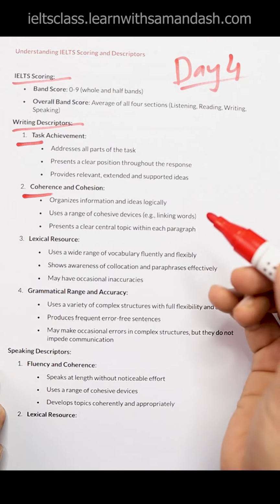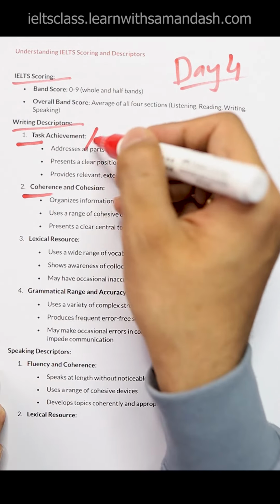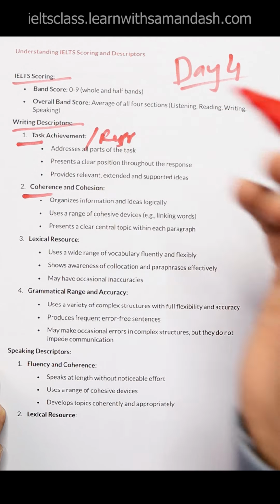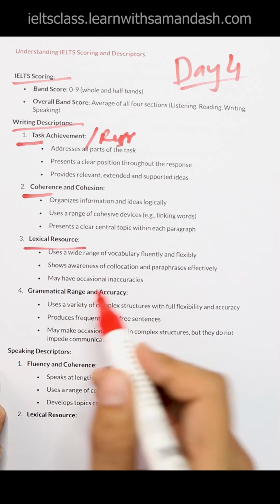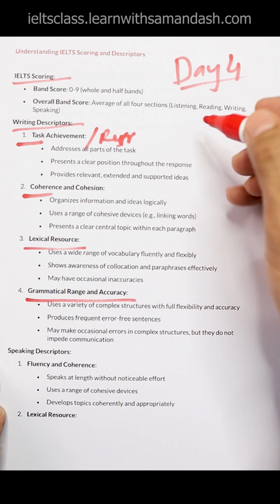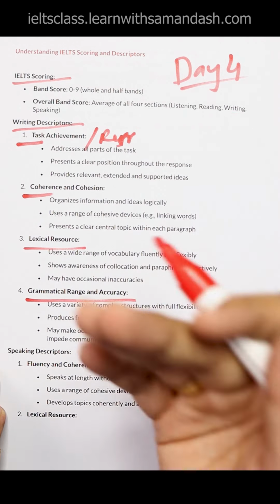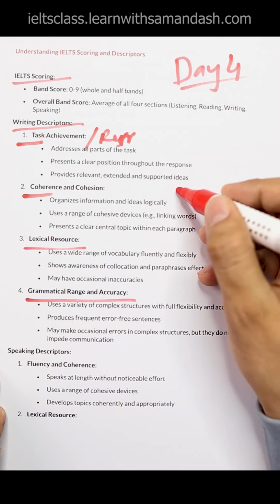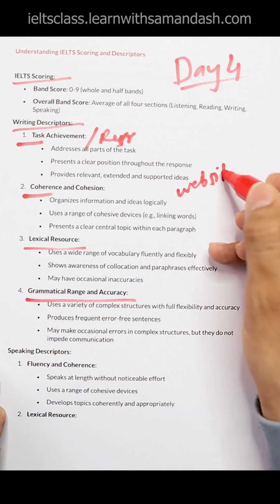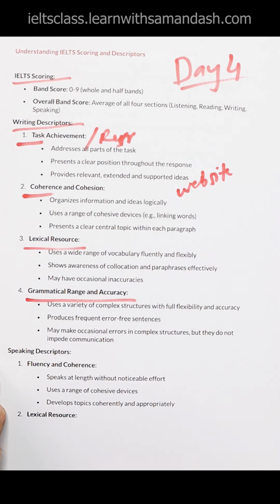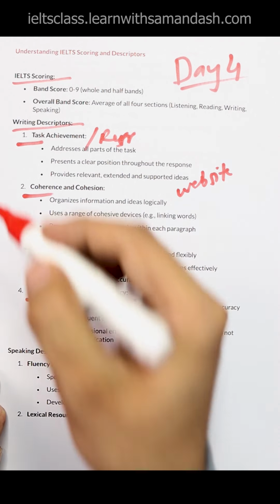Task achievement, coherence and cohesion. You also have task response as well when it comes to task 2 basically. Lexical resources, grammatical range and accuracy, and each of them have details. Now like I said, if you want the full details, you have our website. But if you want to understand in basic or understand how all these things work, but in short, here we